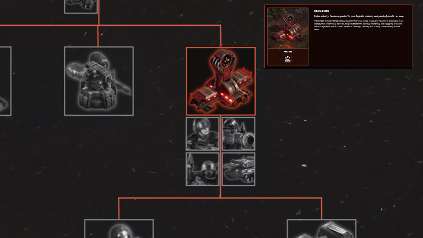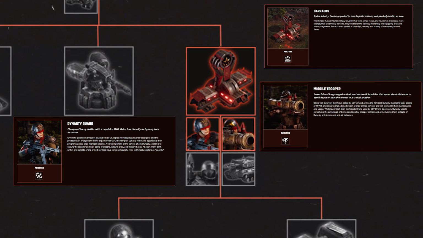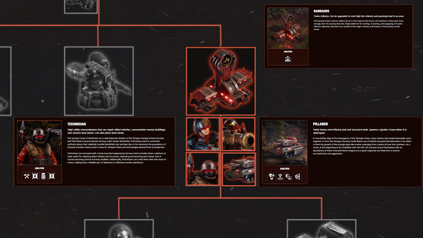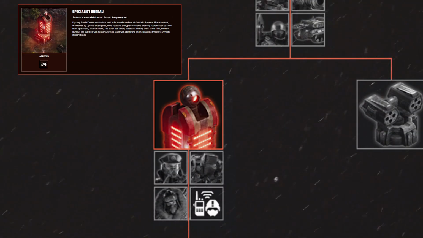Dynasty. From the aggressive guard foot soldier to the anti-tank missile trooper, or if you're looking for a bit more advanced units who can repair vehicles or steal enemy buildings, the technician is your answer. The barracks also unlocks your first vehicle, the pillager, a flamethrower tank. After the barracks, you unlock 2 more structures, a rocket turret and a specialist barrel, unlocking some high tier specialist